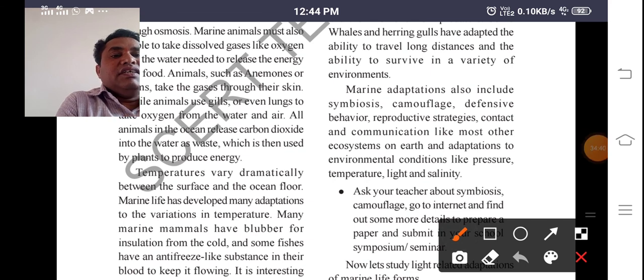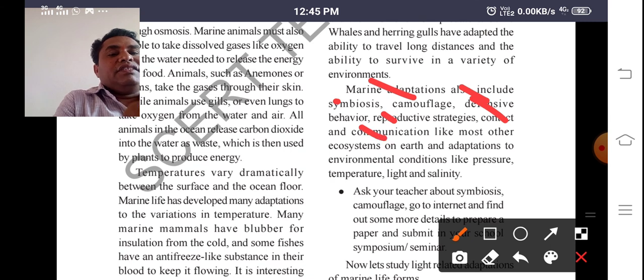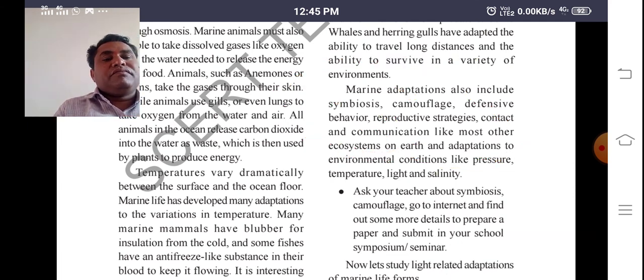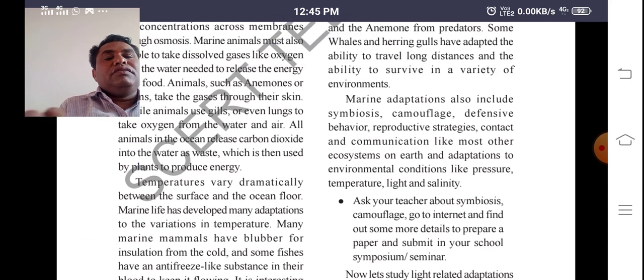We can see that marine adaptations means symbiosis, camouflage, defensive behavior, reproductive strategies, contact, communication, and these are the most important adaptations the animals and plants which live in the water can adapt. So next,